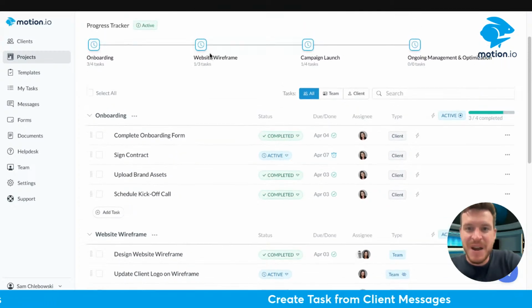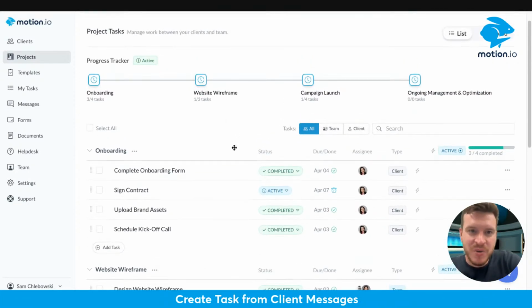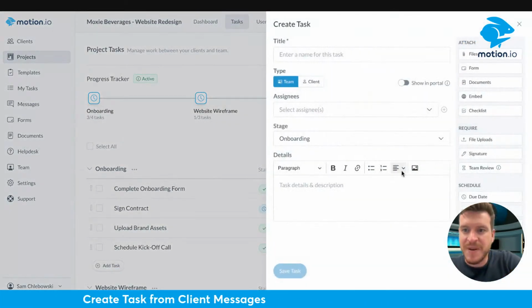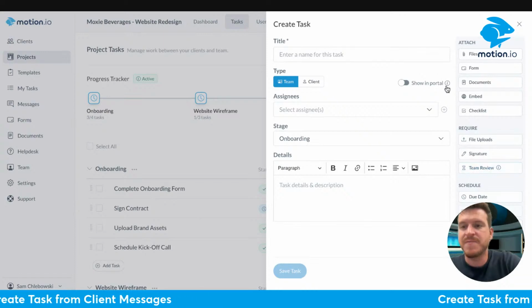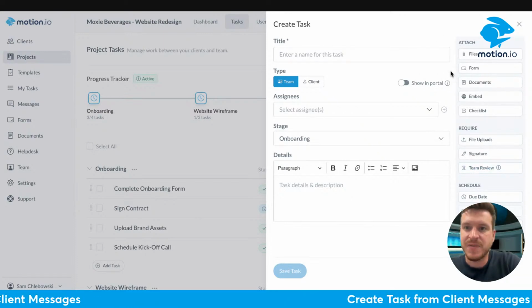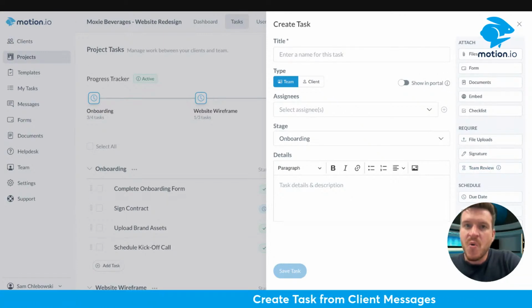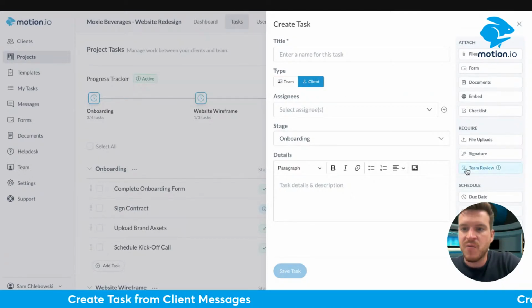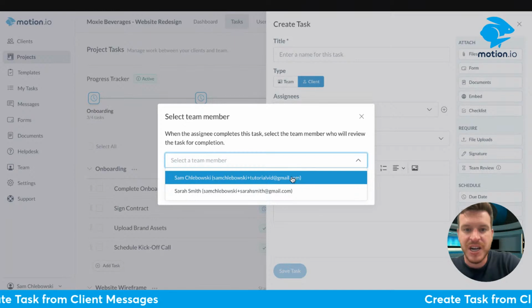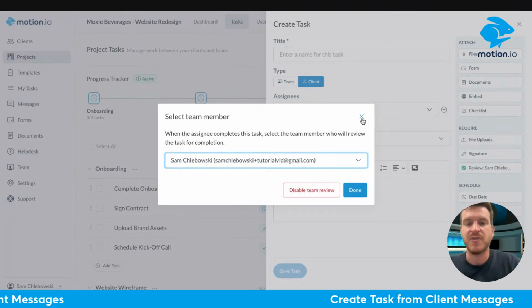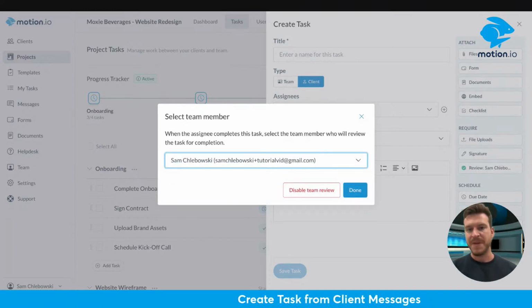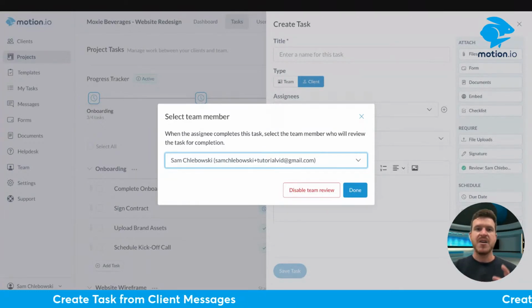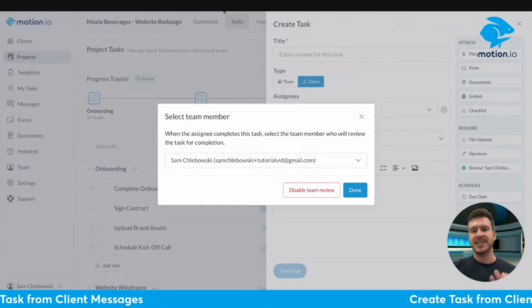So back here in my project, I want to also talk about a couple of things in case you have missed this over our last few Motion.io updates. One of the things we've had some questions about recently is the team review function. And this is really great, especially for managing client projects and your internal management of projects, because there are often tasks that you assign to clients